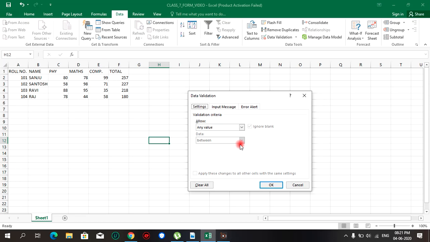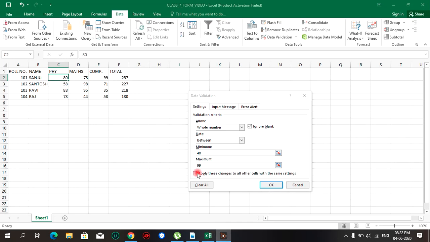Here we can set the value to whole number. If you want to give a range, suppose you give a minimum value of 40 and a maximum value of 100.